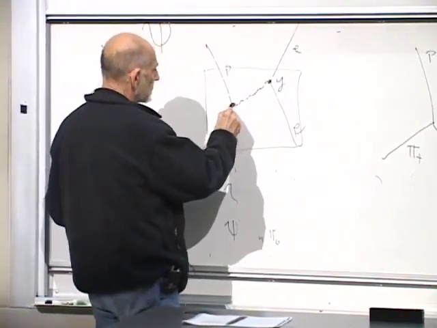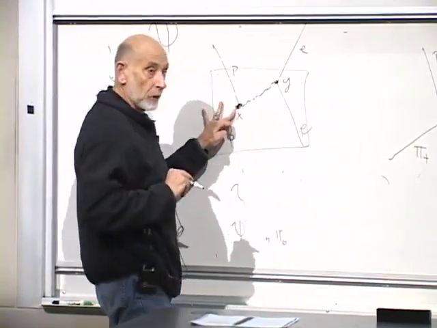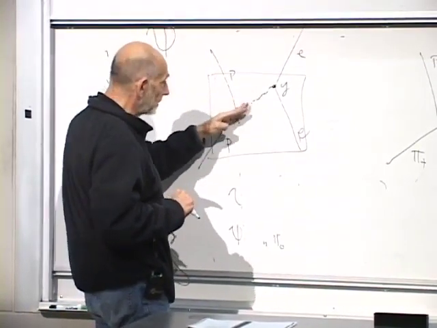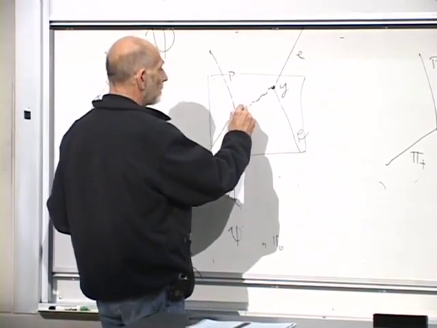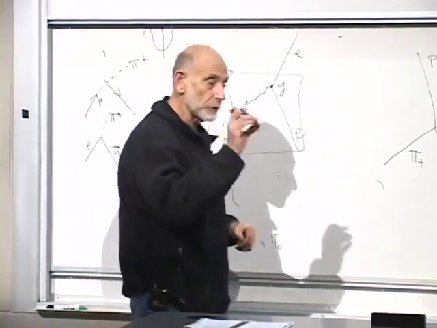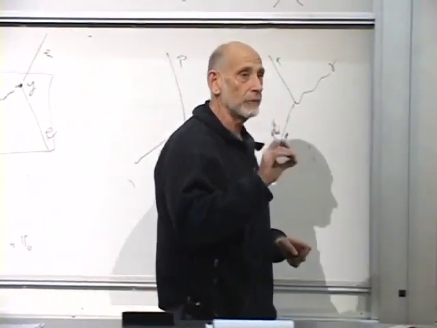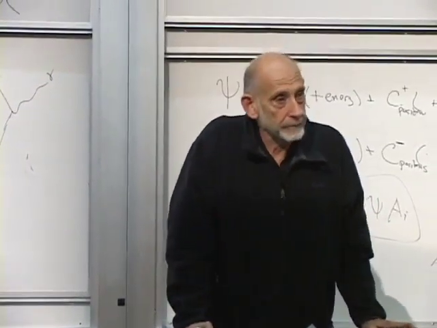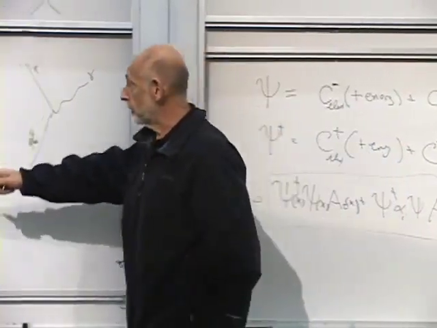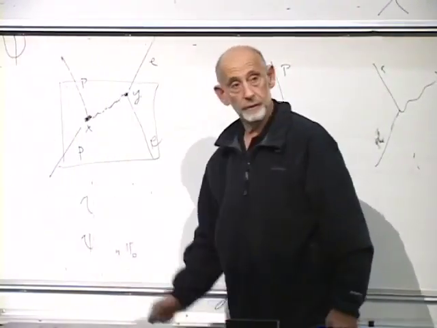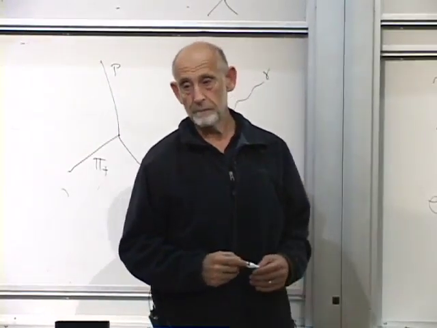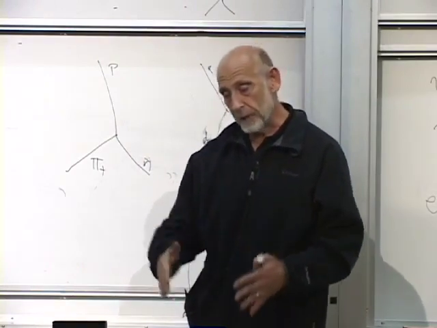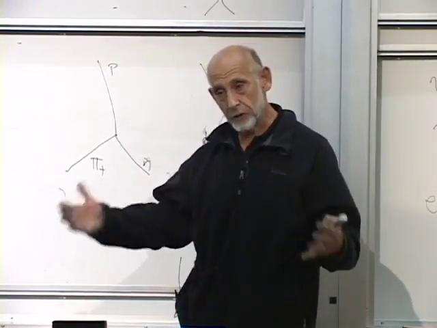Each basic unit is a process taking place at this point. That's psi dagger proton, psi proton, an emission of a photon. And then basic elementary processes which move the particle from one point to a neighboring point to a neighboring point. And then the absorption of the photon over here. But all of these are in the Lagrangian that you write for this. Each individual process is in the Lagrangian, but you have to compound them together to make up the general process.